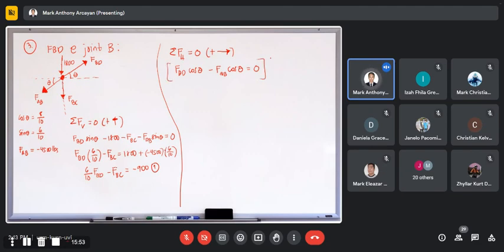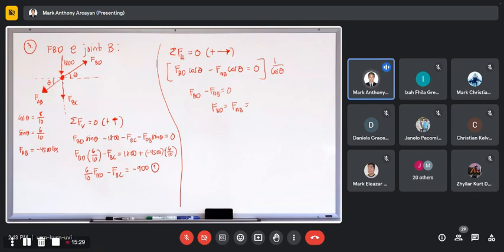Now you can multiply both sides by 1 over cosine theta, so that it is FBD minus FAB equals 0. Therefore, our FBD is equal to FAB, which is equal to